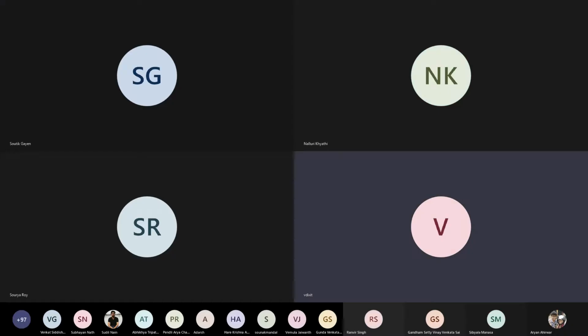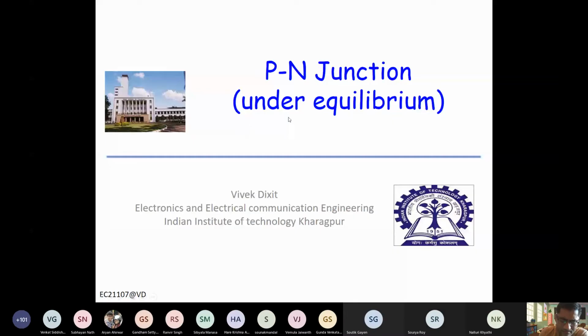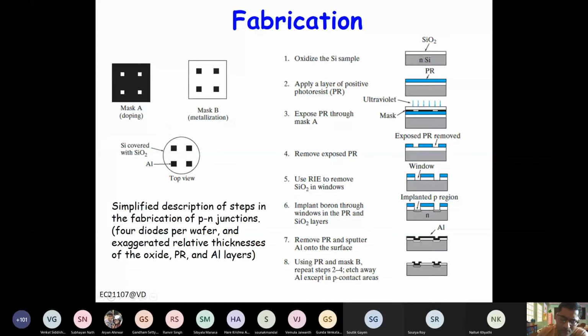Today's topic is the PN junction, right? So before we actually go into the PN junction, let us briefly discuss how these PN junctions are fabricated. If you see this picture, it is a typical flow of